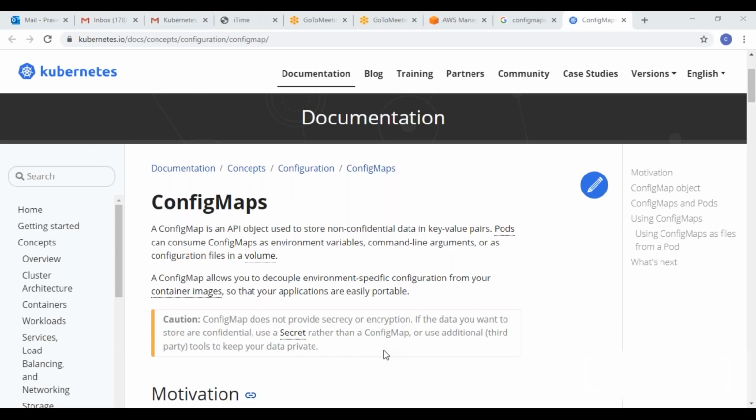And the main important thing is that a config map does not provide secrecy or encryption. If the data you want to store is confidential, use a secret rather than a config map. Okay. So what is the purpose of this config map? Generally,